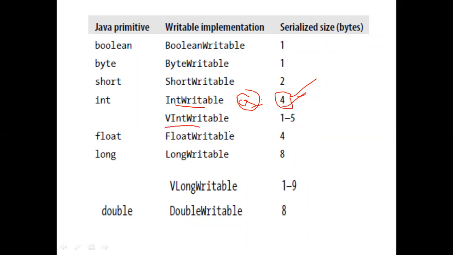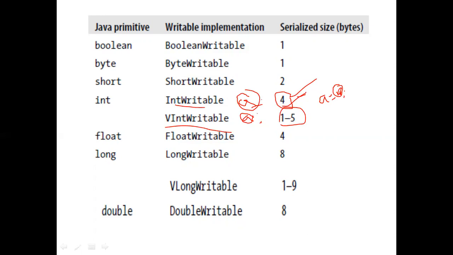If you use VIntWritable, its memory size is 1 to 5 bytes. Whenever we write VIntWritable a, memory will not be allocated immediately for a. When we give a value to a, only then will memory be allocated. Whenever I give a is equal to 10, whatever memory is required for 10, that much memory only will be allocated.